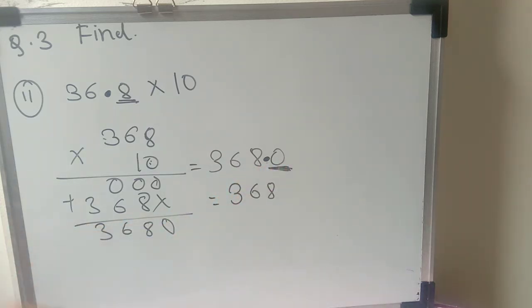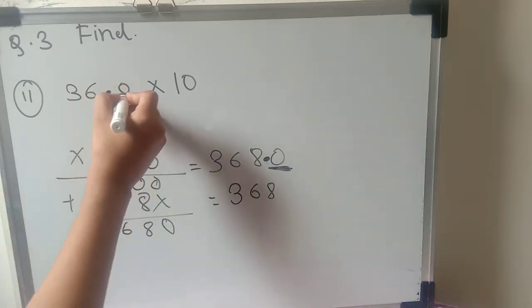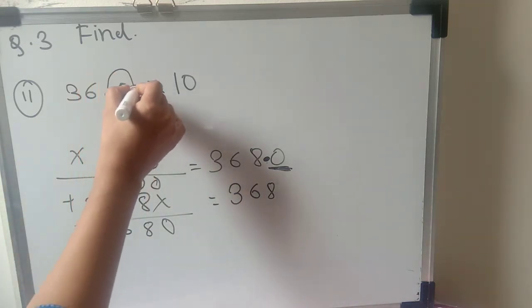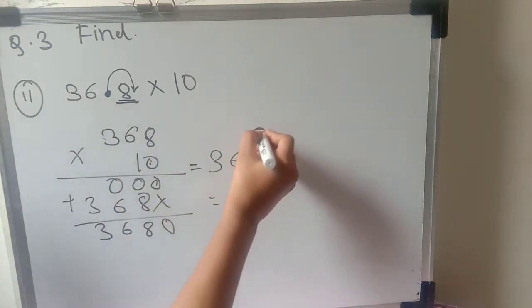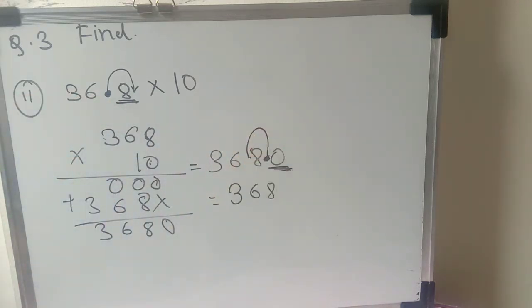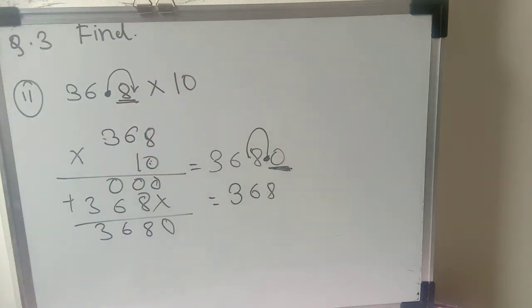Just now we have seen in the last session, if we multiply any number by 10, the decimal point moves one place to the right. Okay, the same happened here, before it was here, now it has moved one place. Okay, so here we have seen the two examples where we have multiplied a decimal number with 10. Okay, let's see another example.